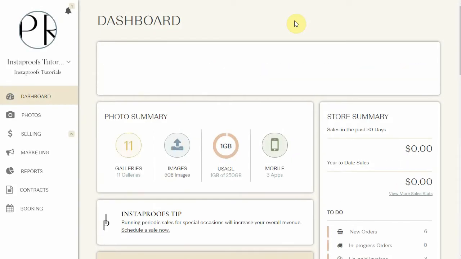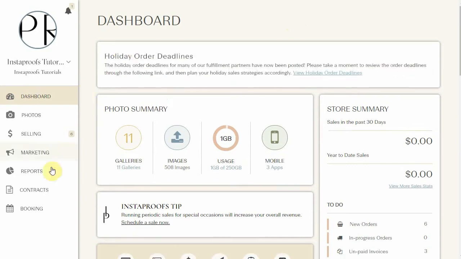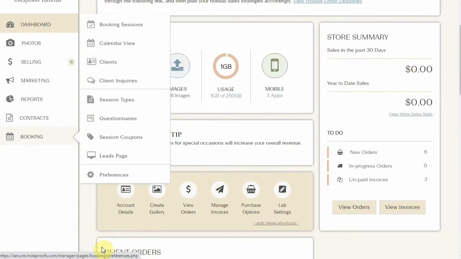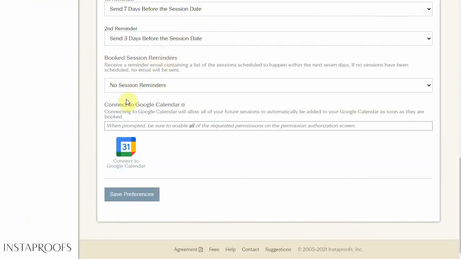Hey guys, today I'm going to show you how you can connect your Instaproofs booking calendar with your Google Calendar. So to get started, we're going to go ahead and click on Booking, then we're going to go into Preferences. Then we're going to scroll to the bottom of the Preferences where you can see this option to connect to Google Calendar. I'll click the option here,